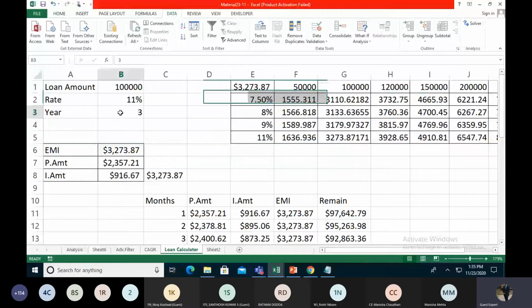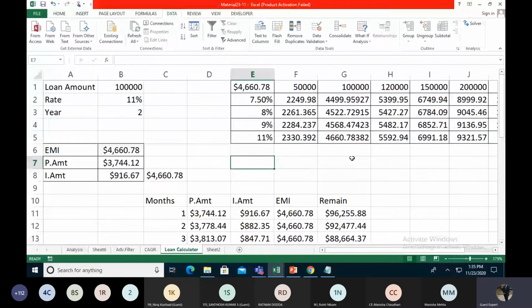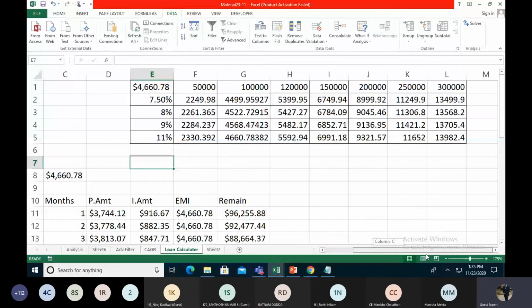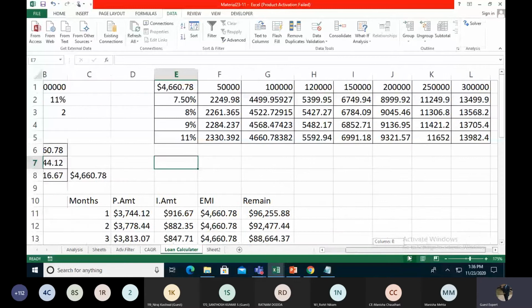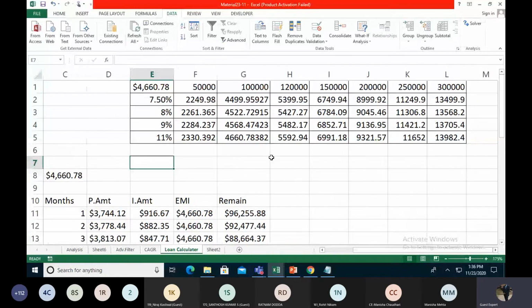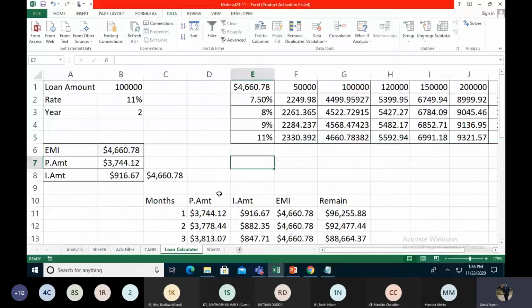If we are not checking with three values, like the year over here, 3 years. If we take 2 years, then all the data shows the 2 years EMI data. So we are creating the chart as well over here. I hope you can understand all the things over here. Right now we are taking another section which we call Goal Seek, and we find out how Goal Seek is very important for us in analyzing data, to find out a particular product value. Okay.